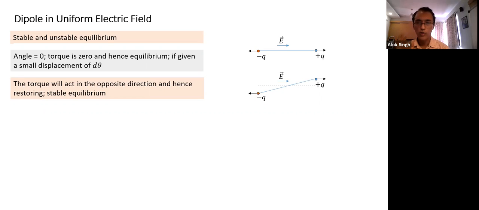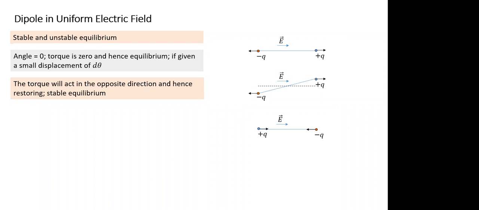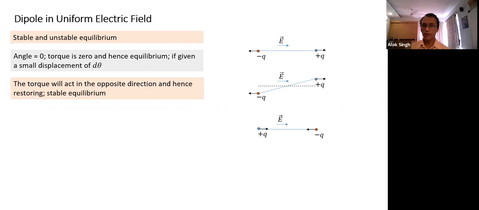Here we are talking about translational equilibrium as well as rotational equilibrium. What happens if theta is 180? Can we draw a figure for theta 180? Where will the charge plus q be and where will charge minus q be? What is the orientation of p? They reverse their positions. The charge plus q comes on the left-hand side. The direction of the dipole vector is now opposite to the direction of E. Theta is 180 degrees now. This is the force acting on the plus q charge, and this is the direction in which the force acts on the minus q charge.